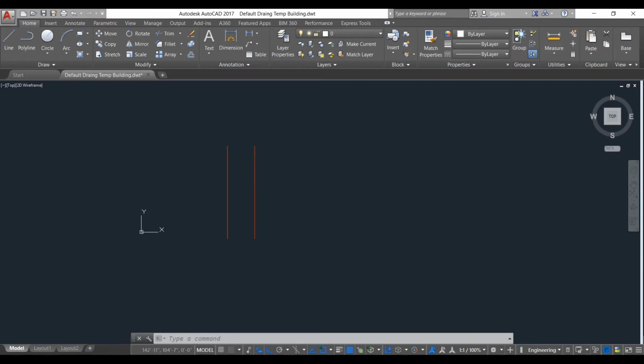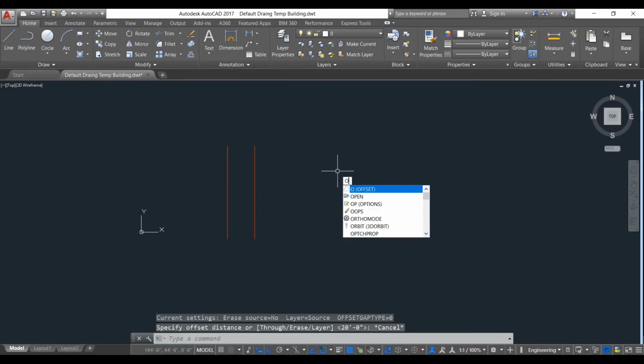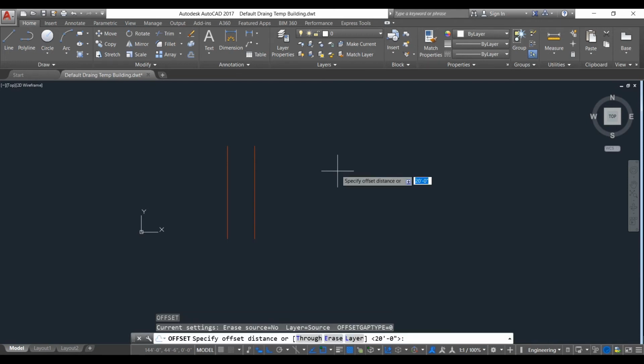Now another important command we will learn is offset. In the modify panel, you see this icon. This is our offset command. To offset any object, first you need to select this command, or you can type offset here or short form O, and now give the distance which you want.